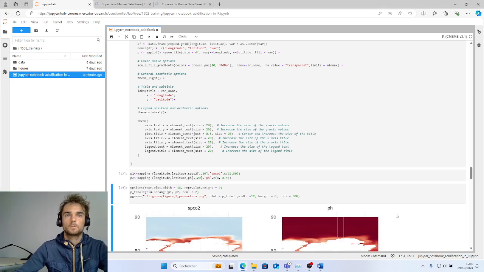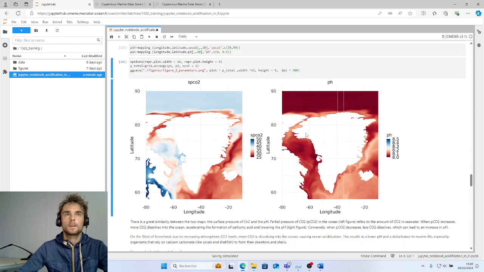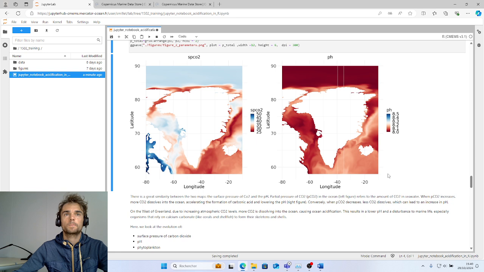We see both figures and we can see a great similarity between the two maps. We have the surface pressure here and the pH here. Partial pressure of CO2 in the ocean refers to the amount of CO2 in seawater. When the pressure increases, more CO2 dissolves into the ocean, accelerating the formation of carbonic acid and lowering the pH.